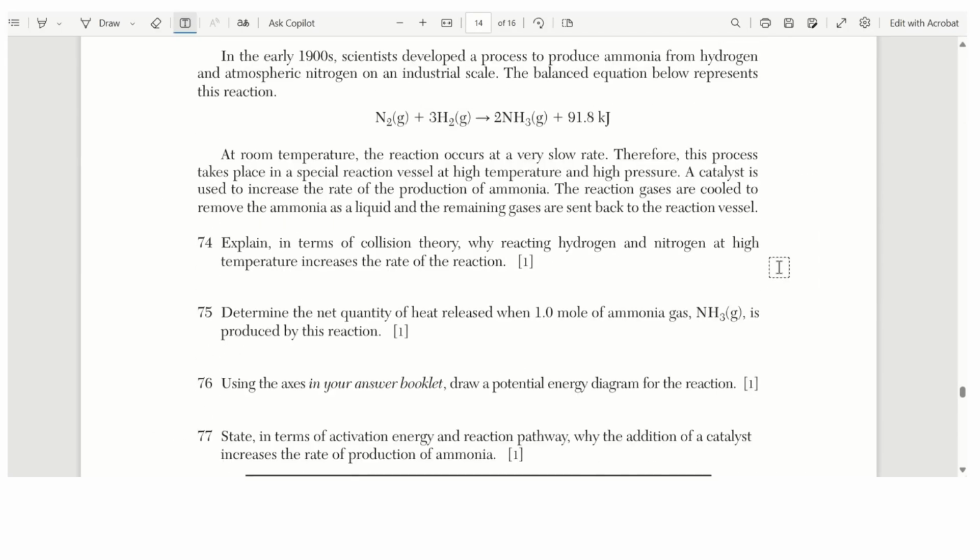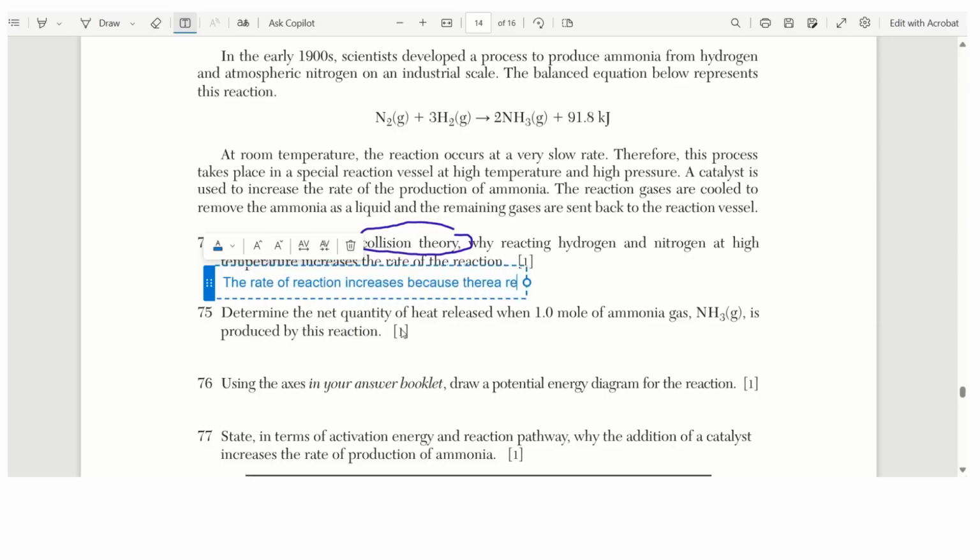Okay. All right, 74 through 77. We're getting so close to the end. Here we go. Explain in terms of, okay, so collision theory. So that means I got to talk about colliding, right? So explain in terms of collision theory why reacting hydrogen and nitrogen at high temperature increases the rate of the reaction. So the answer, whenever rate of reaction increases, the rate of reaction increases because there are